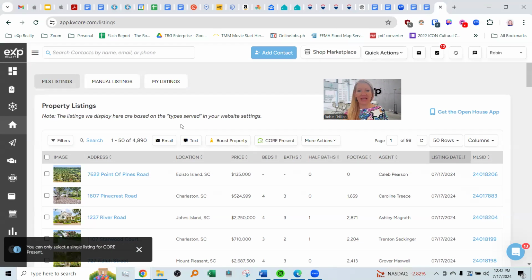I text it to them and I say, hey, I noticed that you did this home valuation. This thing is just as bad as Zillow. That's my favorite script. It's just as bad as Zillow. It pulls all the wrong comps. So I wanted to make sure that you had something more specific to your place. And then I always put in there, if you're looking to sell and you want something super specific, and the script, right?